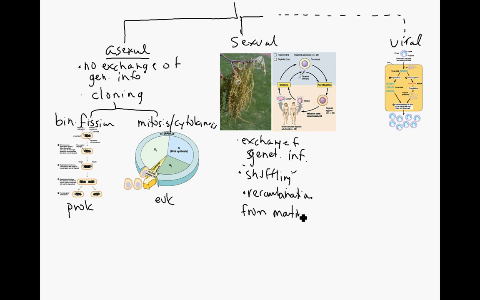From mating types. And we are most familiar with mating types being males and females, but you may also just see them as mating type plus, mating type minus, mating type A, mating type B, etc. You could call them anything, but the point is that there are two different organisms involved here that are both going to contribute genetic information that will be recombined with one another, and which will be shuffled and get you new, unique varieties. Right? You get variation